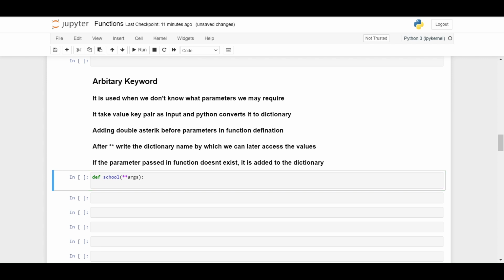Now that we don't know what all key value pairs we're going to give in, I'm going to simply say for key, value in